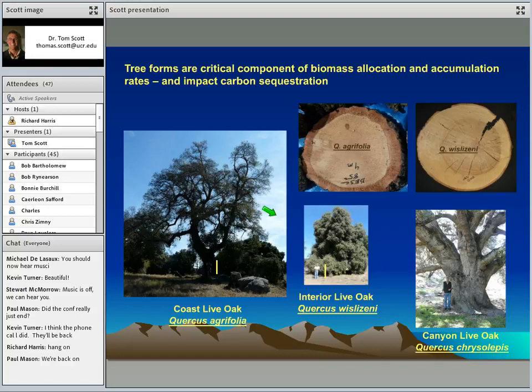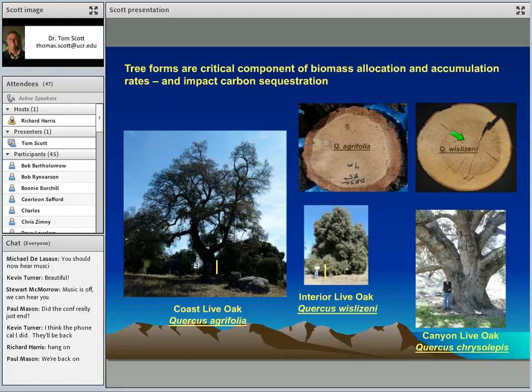And in many cases, you have a very large bole in the coast live oak, and you have multiple stems, which you can't see because the canopy is so thick. But if you look up above at the picture, this gives you a sense of how thick the bark is on Quercus agrifolia and how thin the bark is on Quercus wislizenii. Again, that doesn't necessarily enter in as much into the carbon calculations because bark is often very close proximate to wood in terms of its characteristics in many of the equations.